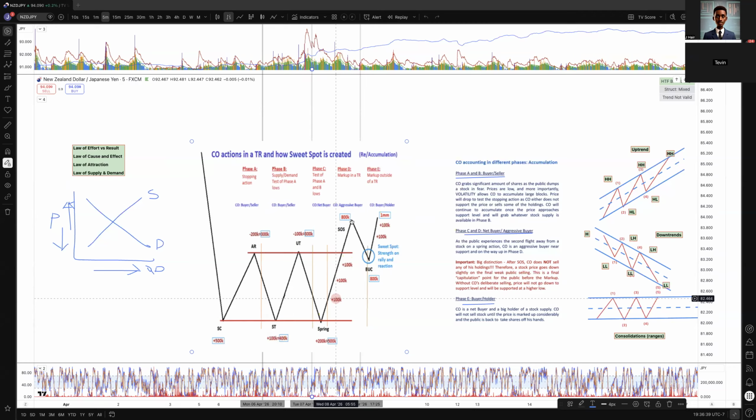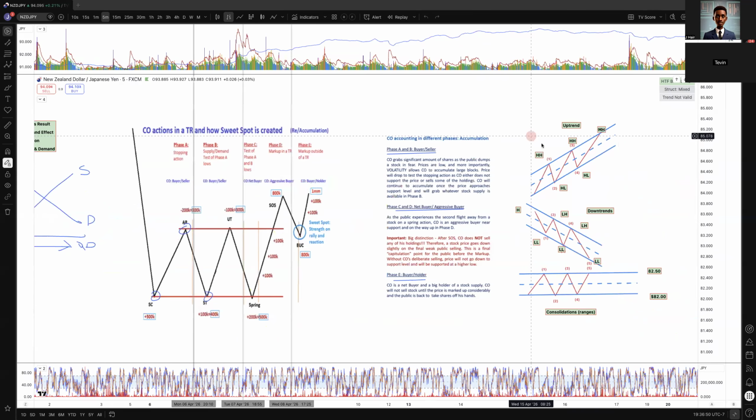Okay. Once you get to that point where phase E trend out of the range and the trend gets out of the range, let me see if I can. I don't know if I can do that. No, I don't think it's gonna let me copy this whole thing. But